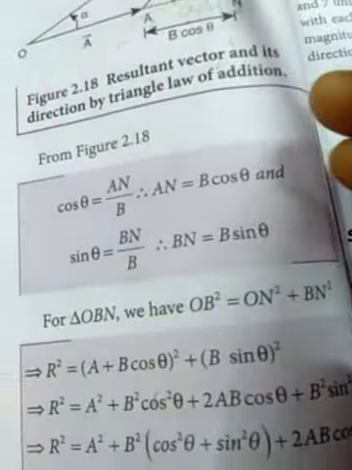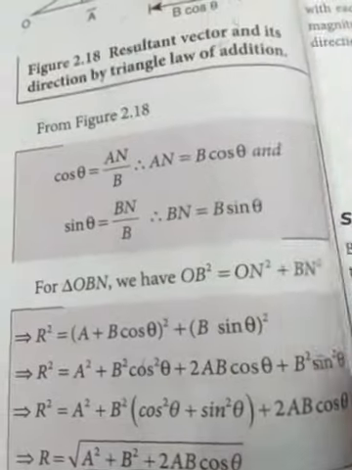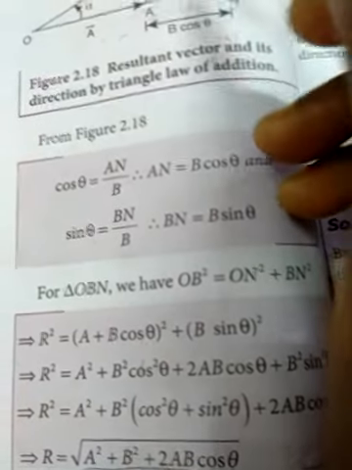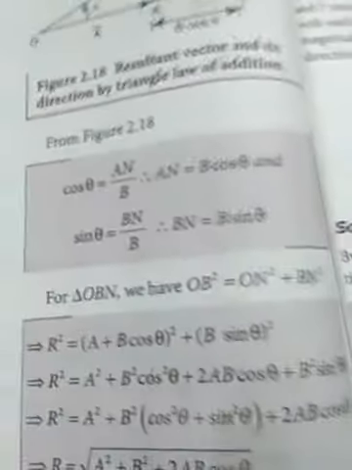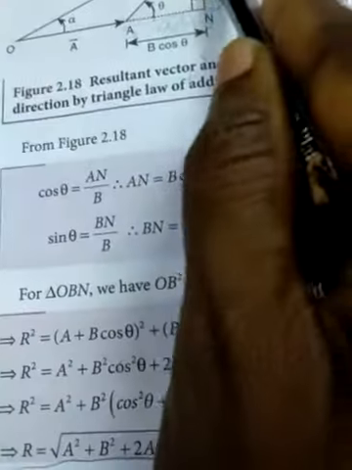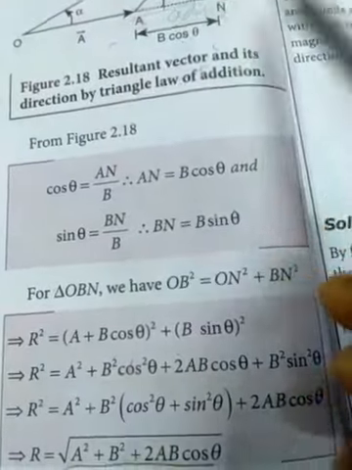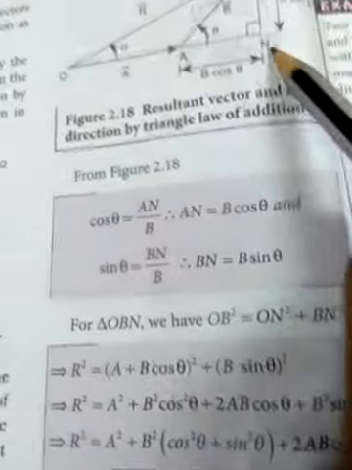This angle you are taking means what happened? So the formula here: OB, the hypotenuse squared, equals adjacent squared plus opposite squared, right? So your formula: OA square is equivalent to ON square plus NB square. Okay, so now we are going to the calculations.